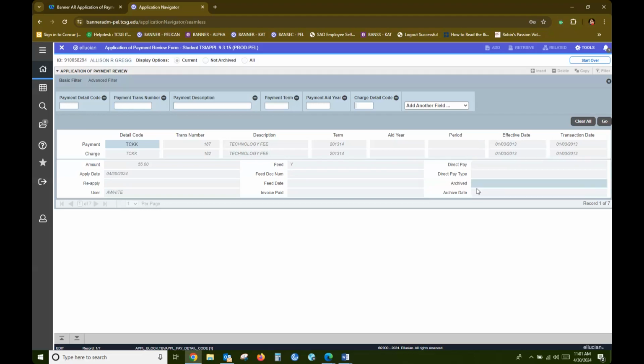And if it was archived, it would be here. There's a special process that does archivals, but archives are kind of scary, right? So,